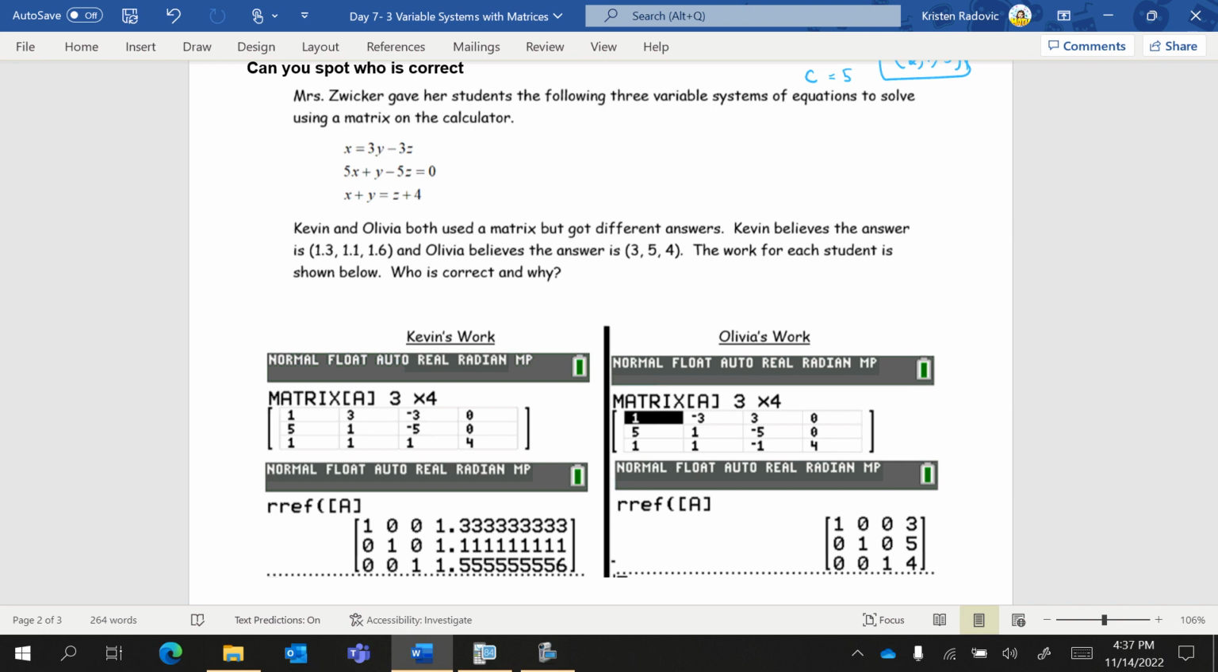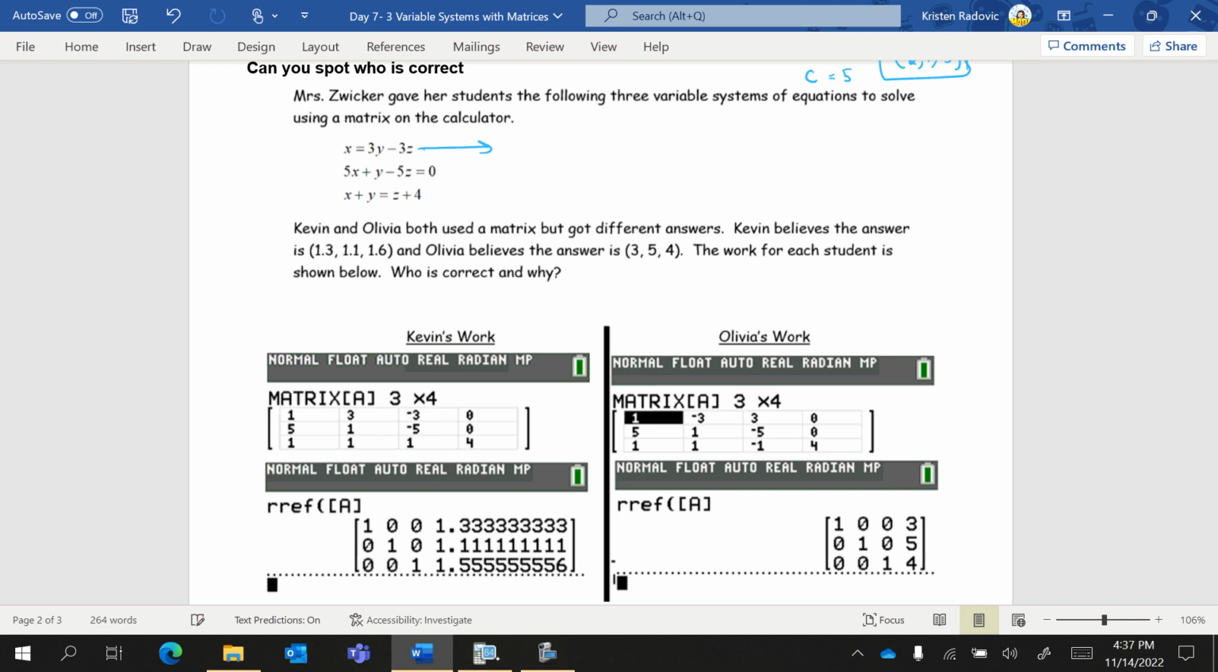Now, just to let you know, sometimes these answers won't necessarily be nice. So it is possible Kevin's correct. Just because there's a decimal doesn't mean he's wrong. However, what you have to do first, if you look at the matrix, the 3 variable system, all of those variables are out of order. So for example, the 3y and the 3z are on the right side, but they're supposed to be on the left. So you have to rewrite this first one